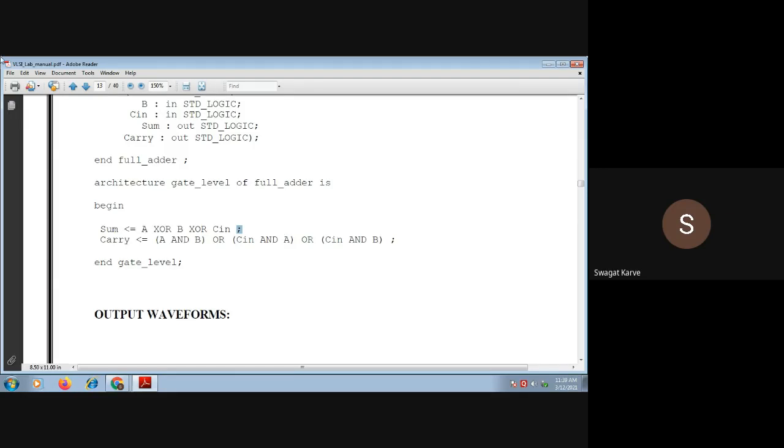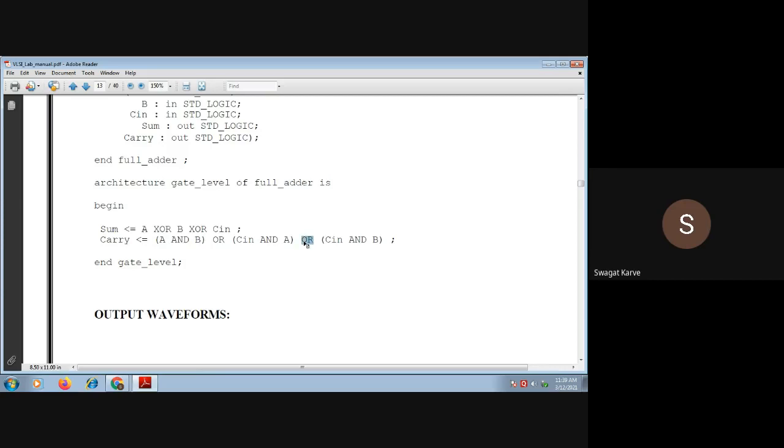Then carry: a and b, we put it in brackets as it is one term, ORed with cin and a, this is the second term, ORed with cin and b. This is the OR gate operation.